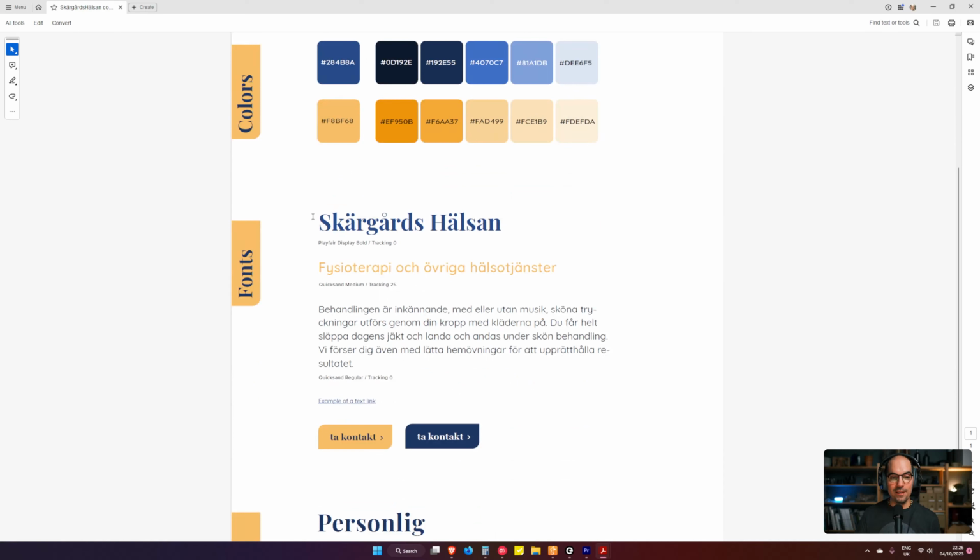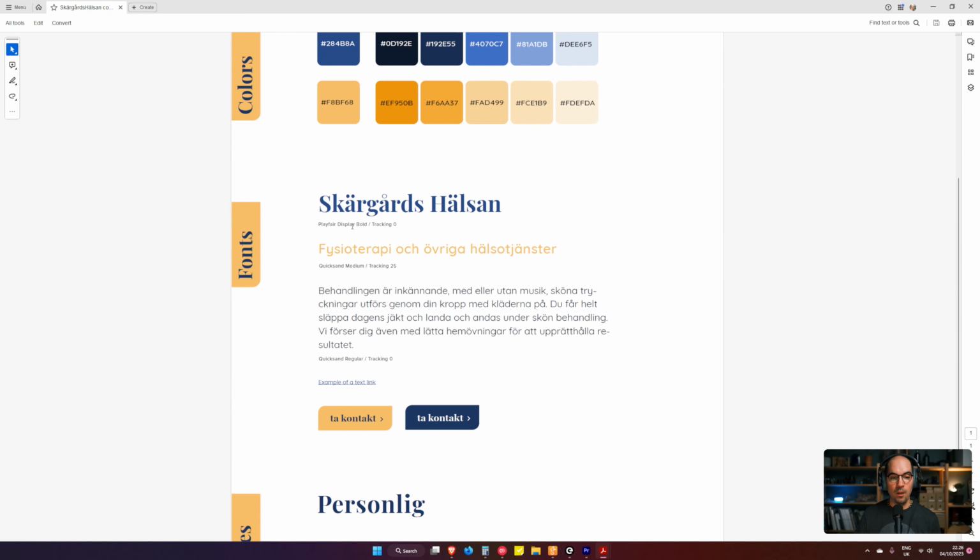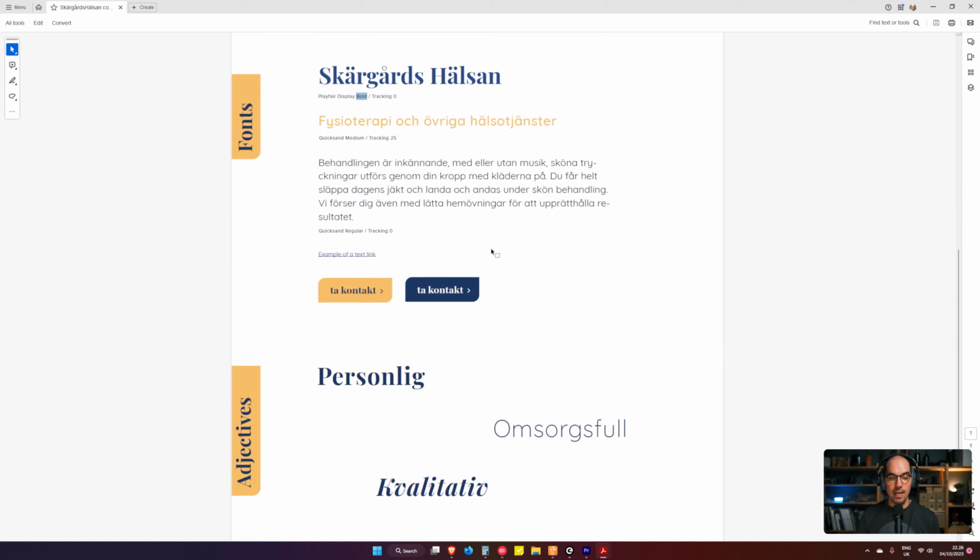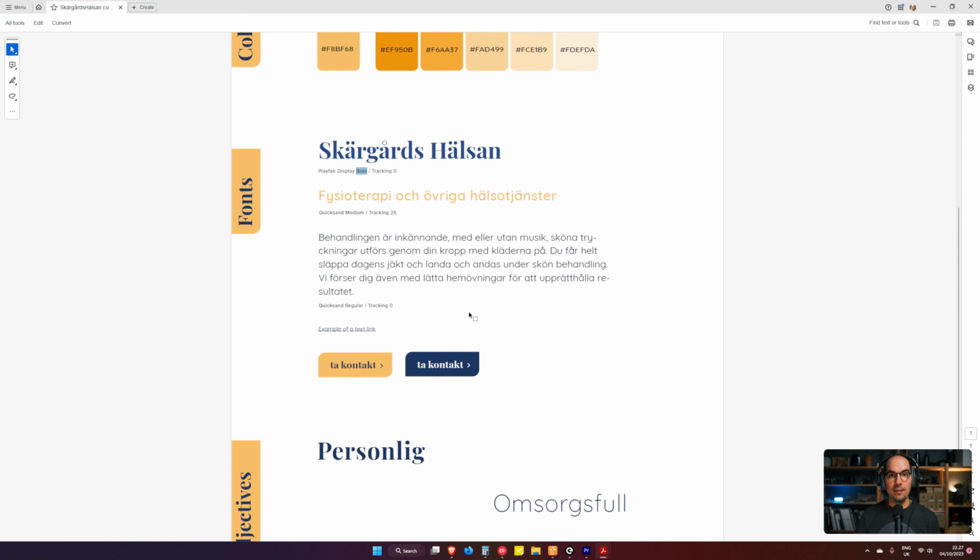Then we see how all the fonts and buttons work together with the font type, with the typeface name and the style, I think is called, and then the tracking, which is the separation between the letters. And then we even have the three adjectives that we have been working with when we have been doing the branding. So imagine that from the designer you get this document, which is very simple but very powerful,